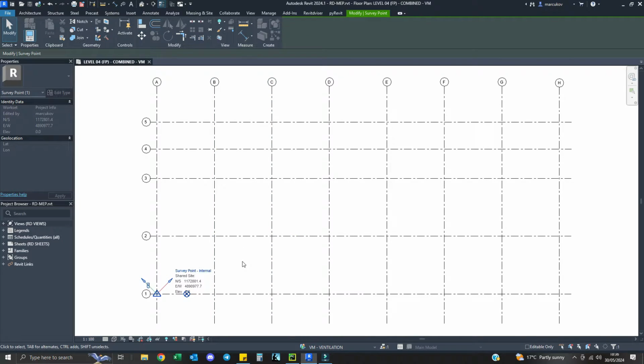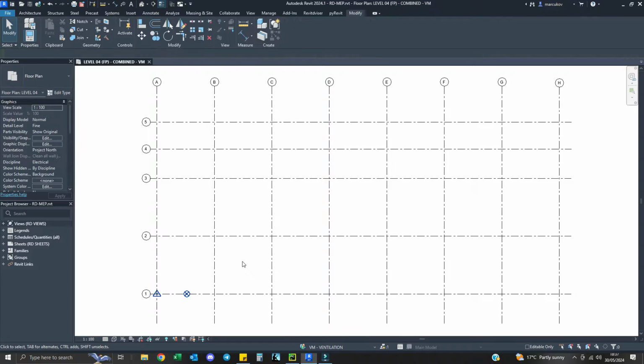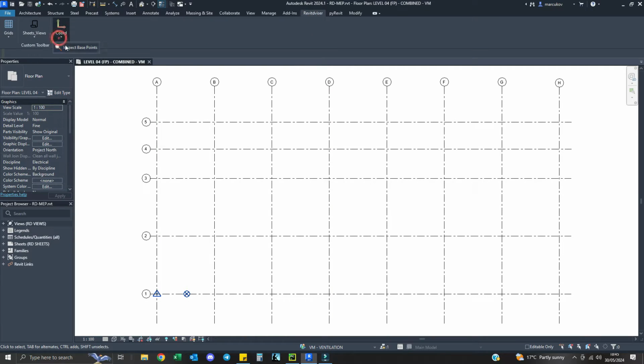I find it awkward and time consuming. I have automated this process with pyRevit, and it makes my life a bit easier. Let me demonstrate this. If I run the script,